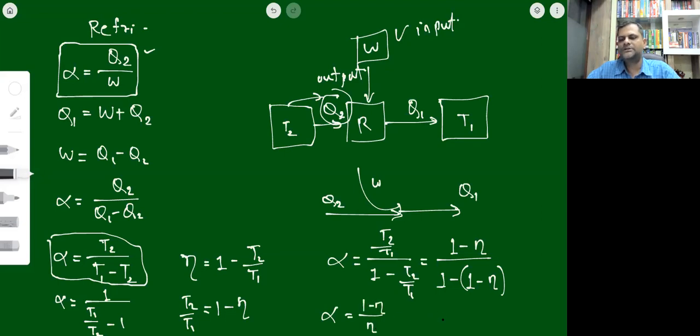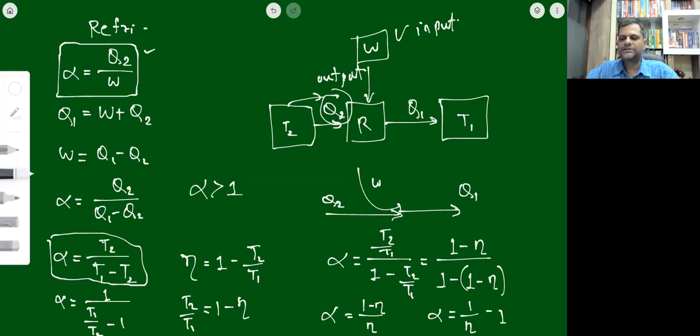And also we can replace or express eta as alpha is equal to 1 upon eta minus 1. Okay, so ये relationship है इन दोनों के बीच में, याद रखो इसको ठीक से. And here always remember that alpha is going to be greater than 1, not like efficiency, it is always less than 1. अल्फा का जो वैल्यू है,